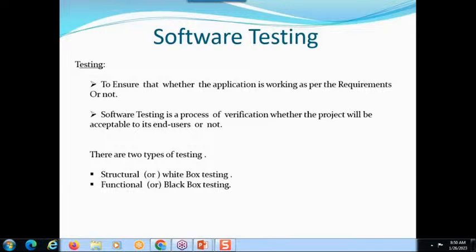So you always test from the end user's point of view: how the end user wants it, and what the end user is expecting in that software. You need to think from an end user perspective. Finally, who needs to accept your application? The end user. Software testing is a process of verification whether the project will be acceptable to the end user or not.